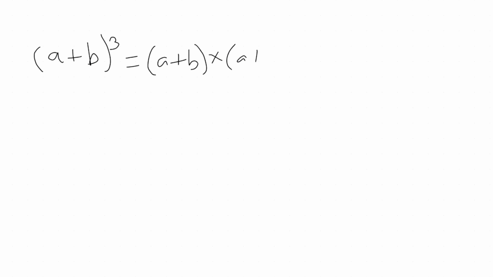All right. Let me start with a plus b whole cube, just like I had promised you. So a plus b whole cube. What does it mean? It means a plus b into a plus b into a plus b. Since we are doing cube, that is why we are multiplying it 3 times. Okay. Now when you solve this equation, it comes as